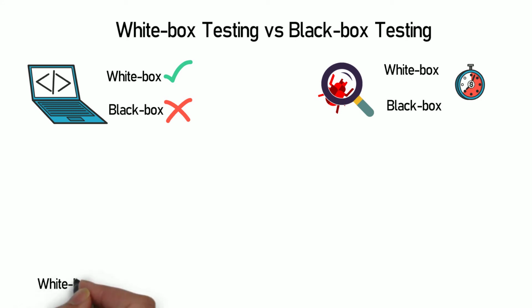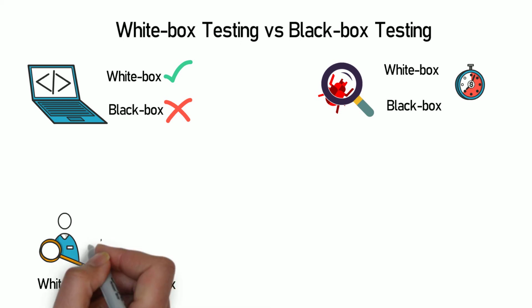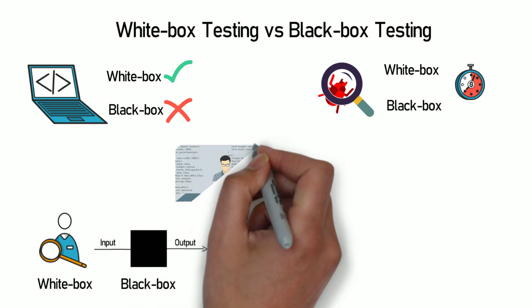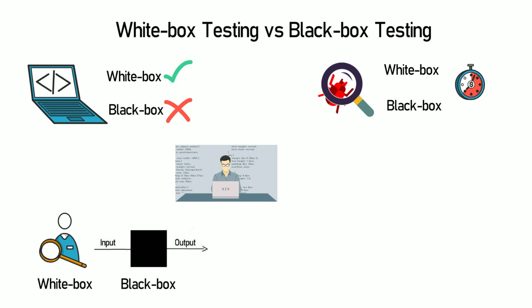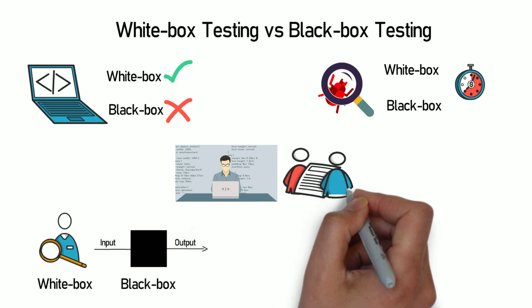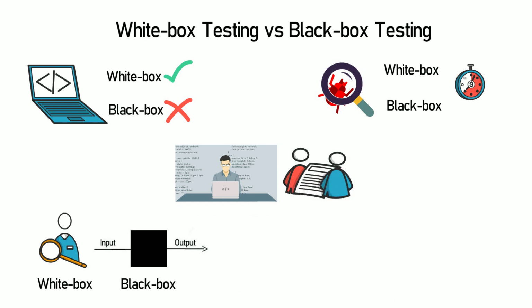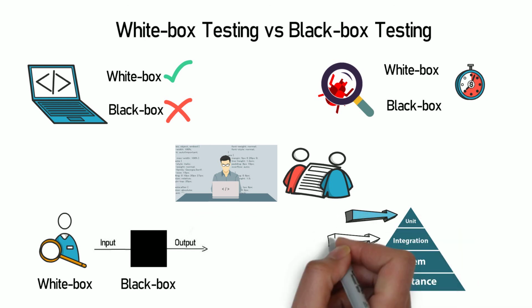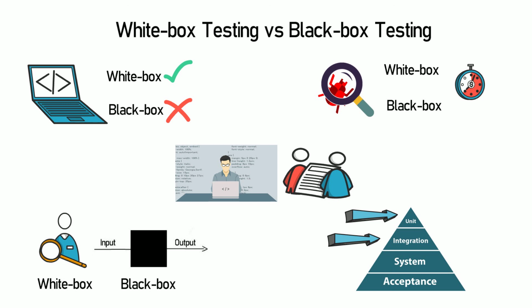Using white box testing, we can test many granular aspects of the applications, whereas using black box testing, we test the end-to-end functionality of the application. White box testing is generally performed by developers or QAs with sound knowledge of programming and application architecture, whereas black box testing is generally performed by the independent QA team only. White box testing is applicable for lower levels of testing only, unit testing and integration testing, where we have to deal with the modules and their interfacing, whereas black box testing is applicable to the higher levels of testing, system and acceptance testing, where we are required to test the application as a whole.